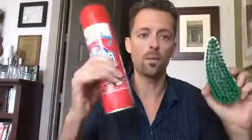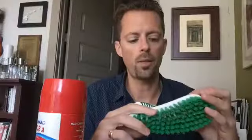So you got to vacuum the carpet first. You spray this on the dirty spots, and then what I'll do is I'll gently rub the foaming Resolve in with a brush. It's just a cheap brush. You can get it at Target or anything like that, Walmart, for like $3, and that just helps to